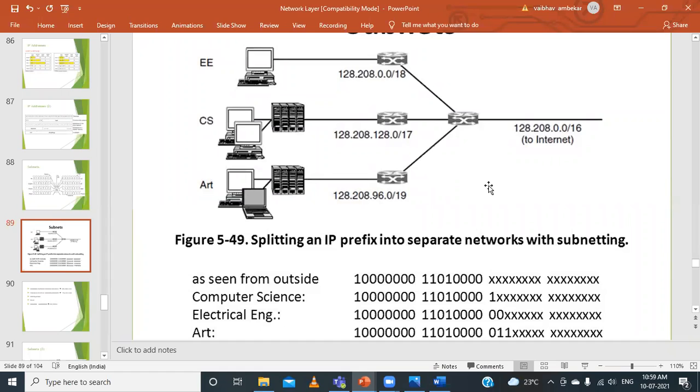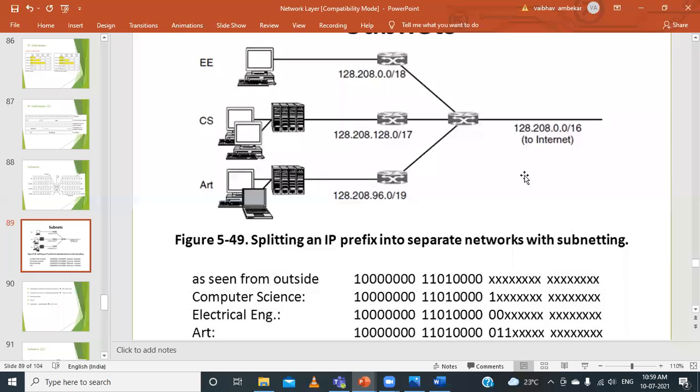Similarly, when packets are transmitted, to know the exact address of a system, IP addresses will be unique for every device. It depends on the subnet mask, or based on the subnet address, it will be transmitted. So when a packet arrives at this, it will be distributed to the respective department's routers. From there, it will reach the respective computers.